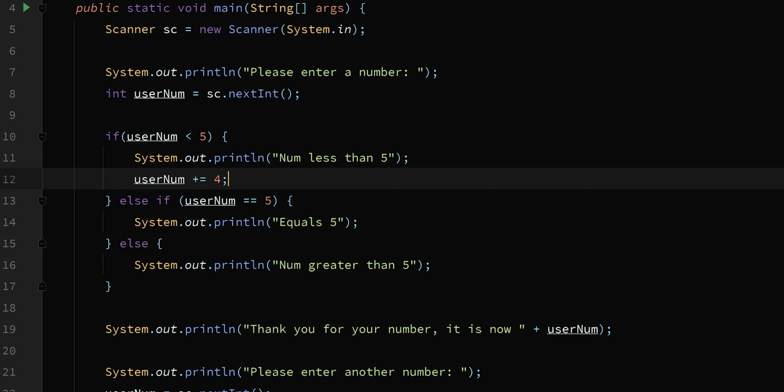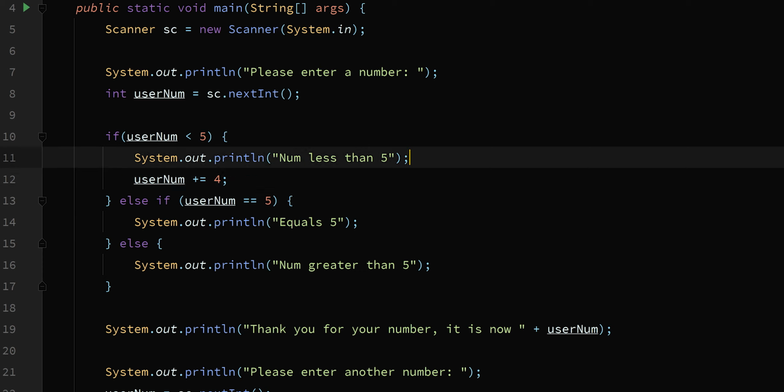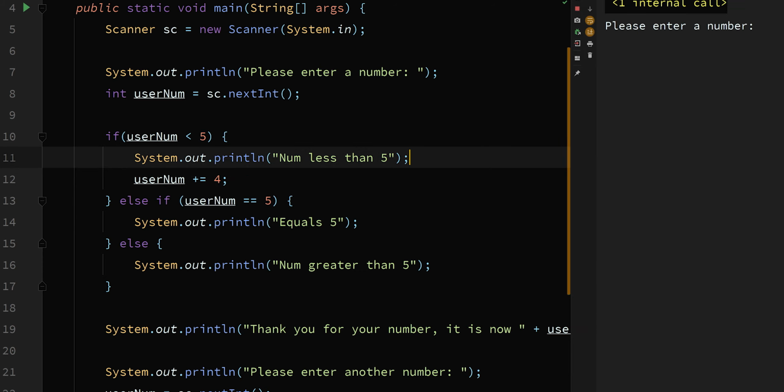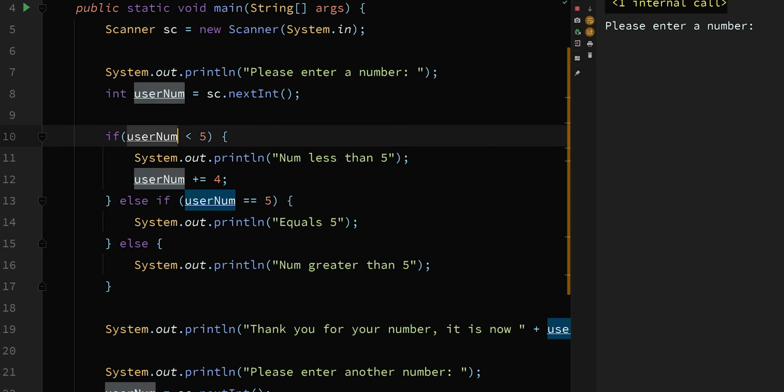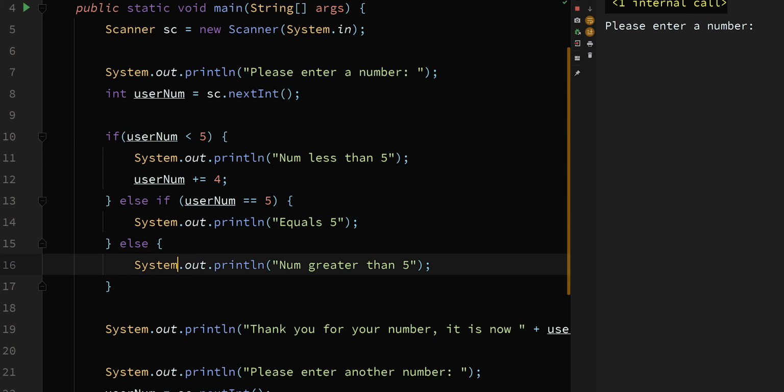So now the user num will become greater than 5. The reason that I'm doing this is to show one final thing here. We will only go into one of these conditions. We will only ever go into the if, the else if, or the else. We will only ever go into one no matter what. And the one that we go into is whichever one is found to be true